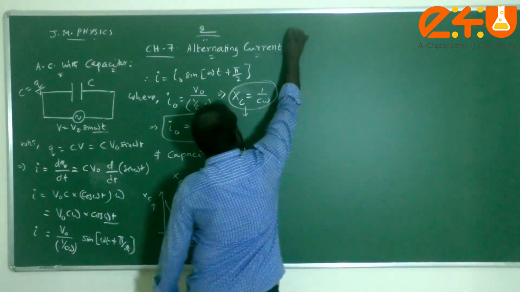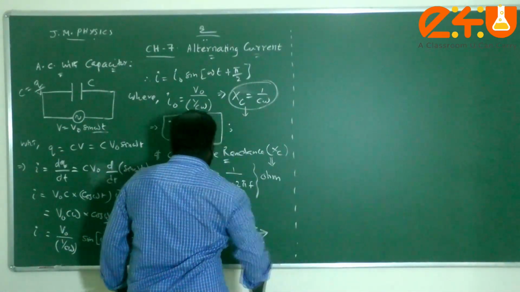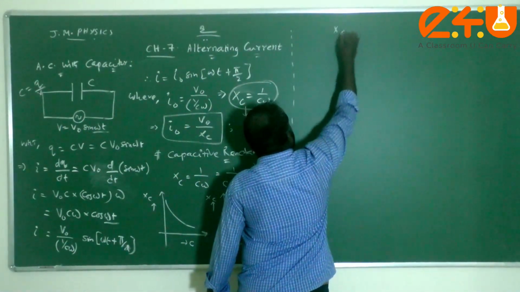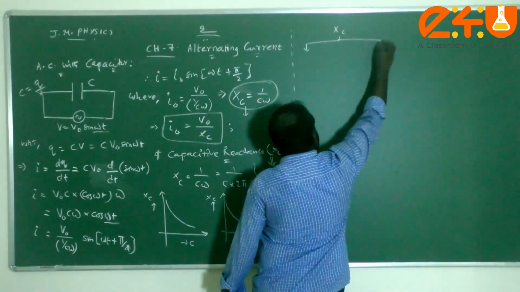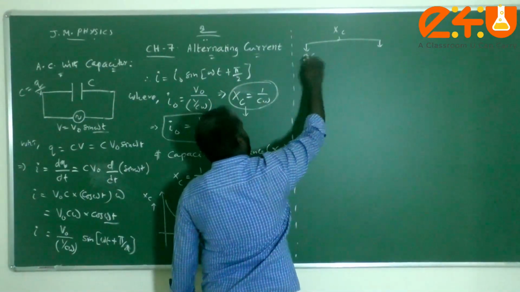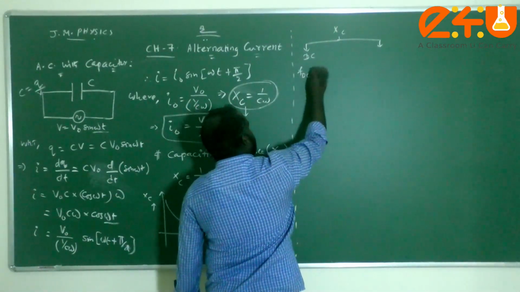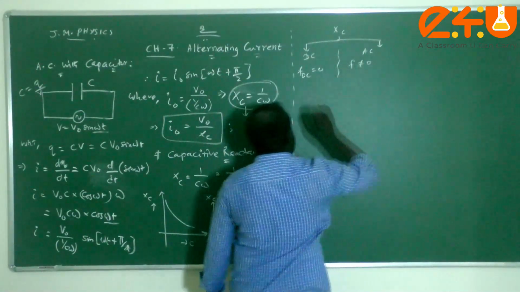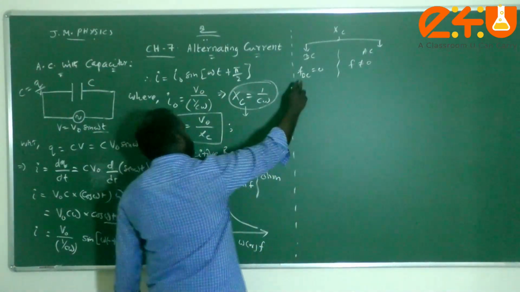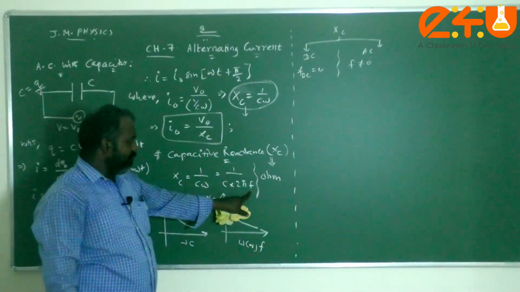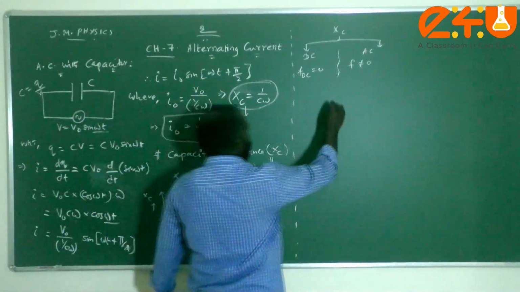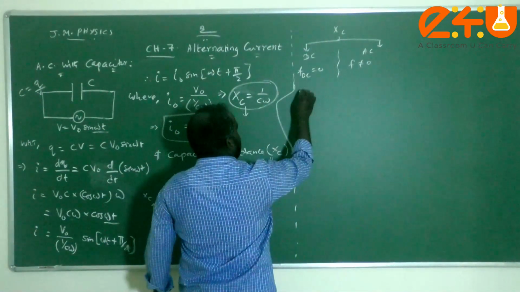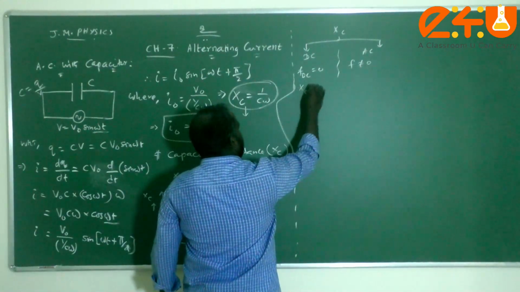And as we discussed in the previous one, as the inductor topic, here also I can say that for the XC value, for AC and DC. So for DC source, for DC voltage or current, we know that the frequency of the DC will be 0, but for AC it won't be 0. And if the frequency of the DC will be 0, you see that 1 by F is there, 1 by 0 is infinity. Therefore, in the case of a DC circuit, that is whenever a capacitor is connected with the DC circuit, their XC value will be infinity.